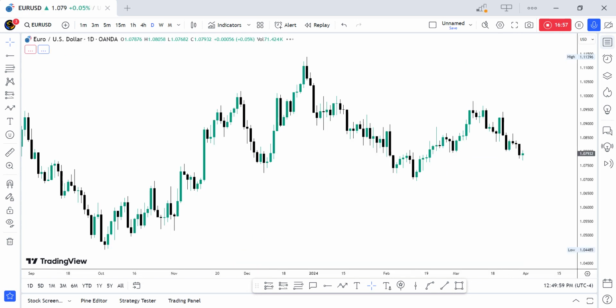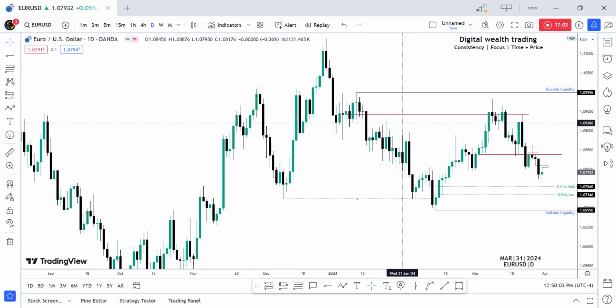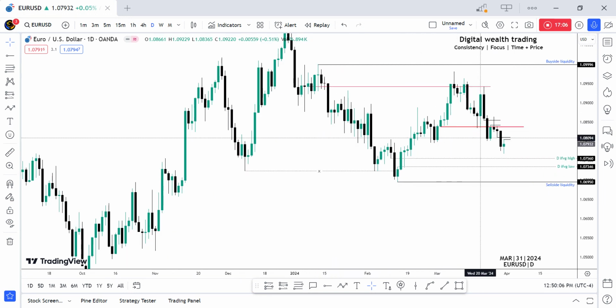weekly profile. So the Euro US dollar weekly profile is an obvious Tuesday, 26 March 2024, as the high of the week, that price into the daily fair value gap and fill it completely, giving it an efficient price action. I'm referring to this particular down close candle, which is Tuesday, that filled this fair value gap and gave it complete price delivery. While the low of the week is formed on Friday, 29th March 2024, a candle that swept Thursday candle low and price into the weekly range, leading to the formation of a daily fair value gap or